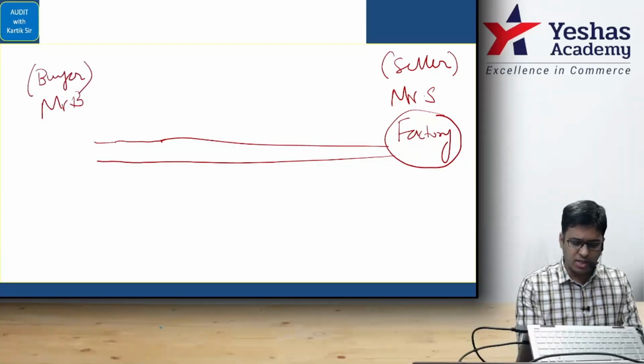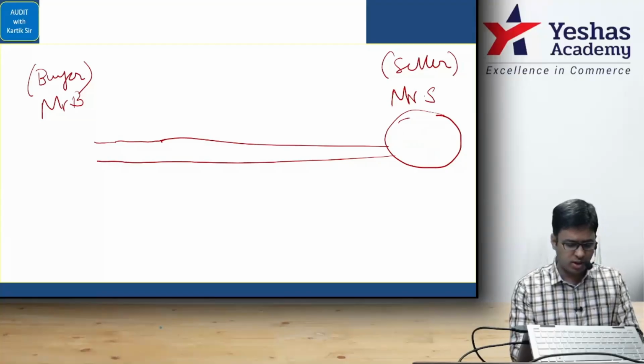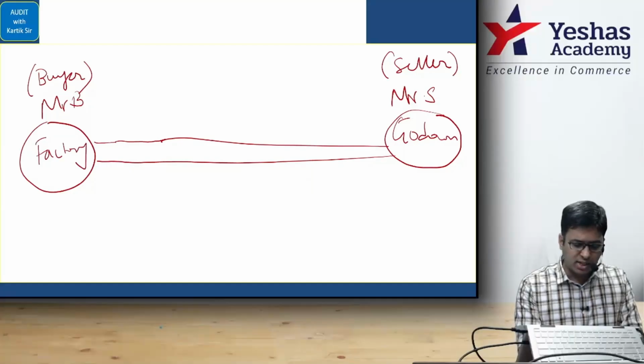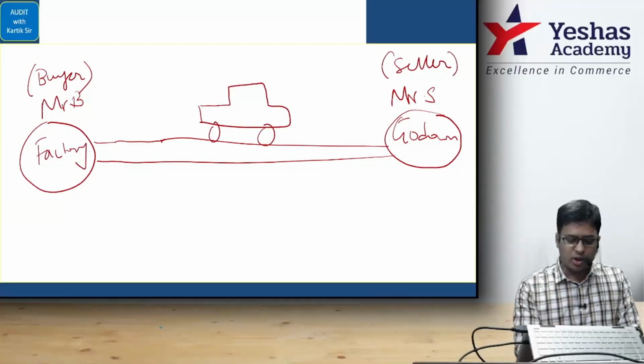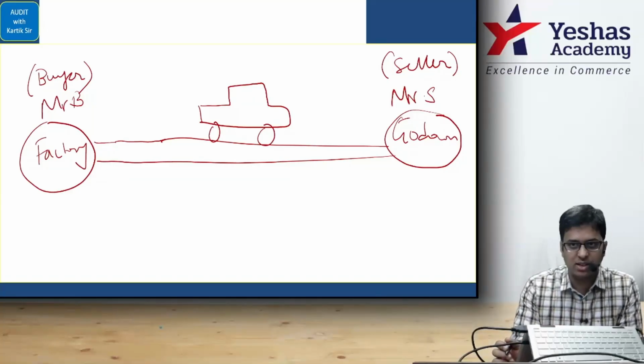And it is his business. So from the factory the goods leave and it reaches his, let's say, or let's say it leaves Mr. S's godown. His goods will move from godown and reach Mr. B's production factory. And there is a truck. I'm just showing a truck here. Imagine this is a truck. The truck, or car, whatever you say, is now taking the goods from one place to another. Question is this, think and tell me, see how it goes, please here.